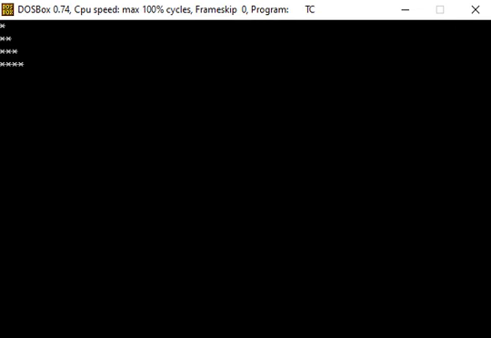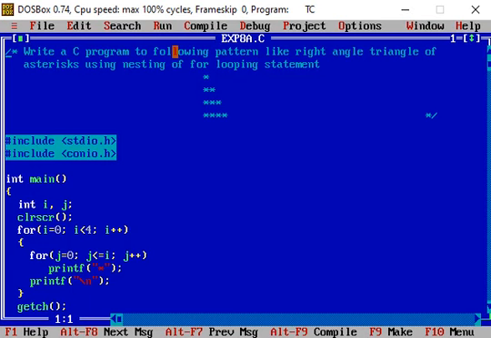So in this way, using nesting of the loop, we can print a pattern of stars here, but patterns of other things can also be printed, and different types of patterns can be printed using nesting of the loop, where the outer loop is used for counting the rows and the inner loop is for counting the columns. So in this way we completed the first program on nesting of the for loop.